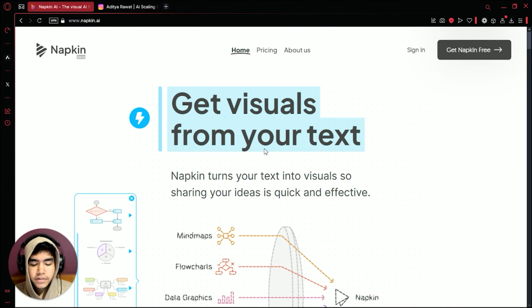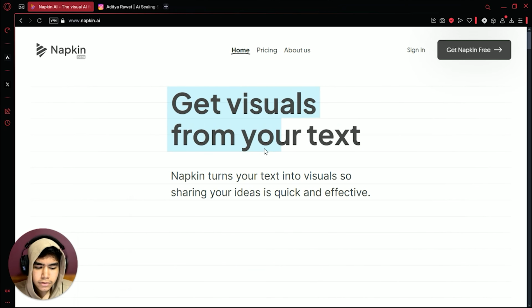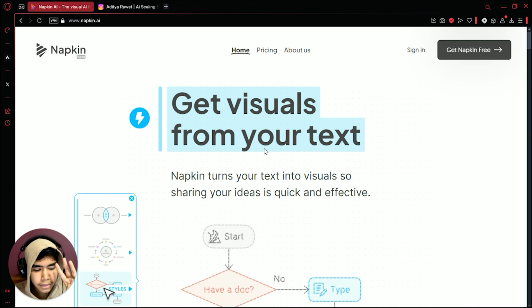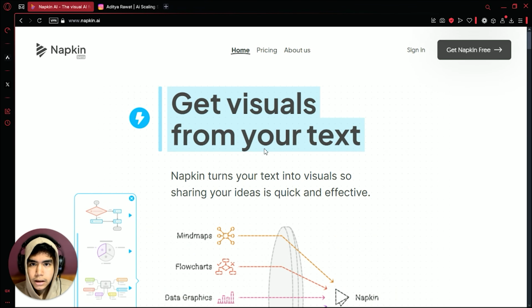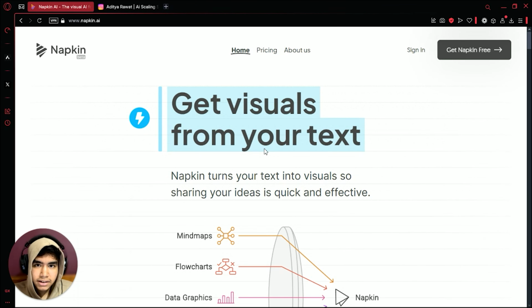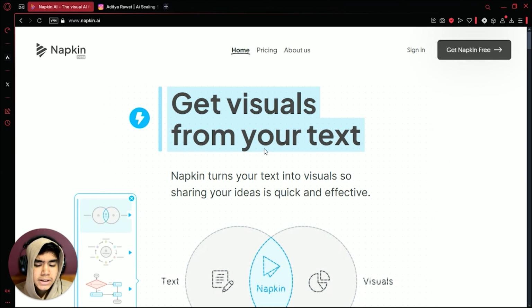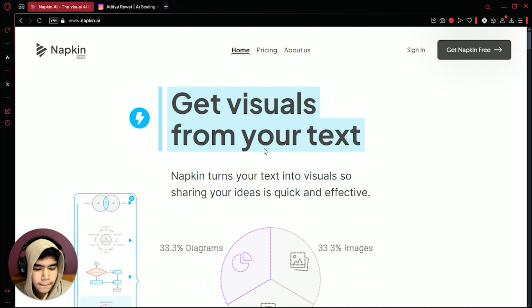In this video, we will be going over Napkin.ai, which gives us the ability to create beautiful infographics just from simple text. And this video is divided into three parts. In the first part, we will be going over the basic overview of Napkin.ai. In the second part, we will be testing Napkin.ai with various kinds of text to see what results we are able to get. And in the third part, we will be just generally discussing its scope for developers and automators